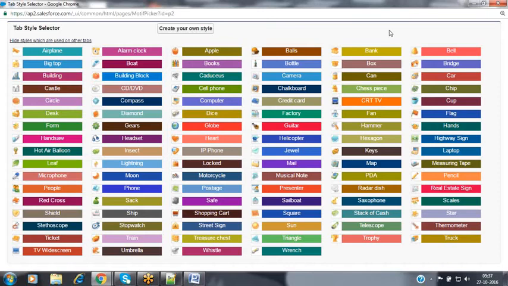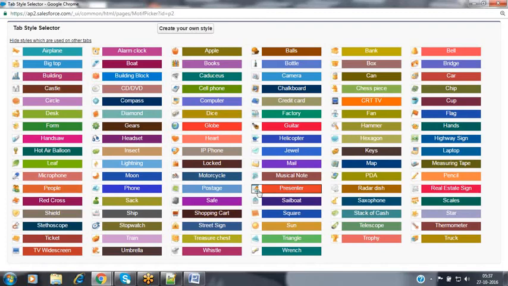Customer means what? A person. So now I want a person symbol, nothing but a human being symbol. Do we have any such tabs or styles available here? Here you have two styles. One is the people style, which has a human being symbol. And along with that, we have one more,